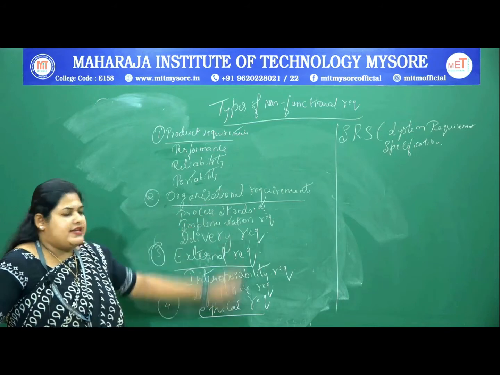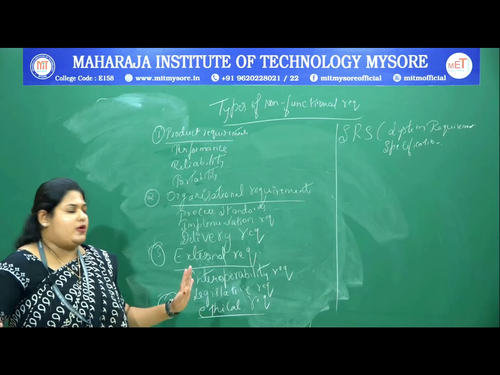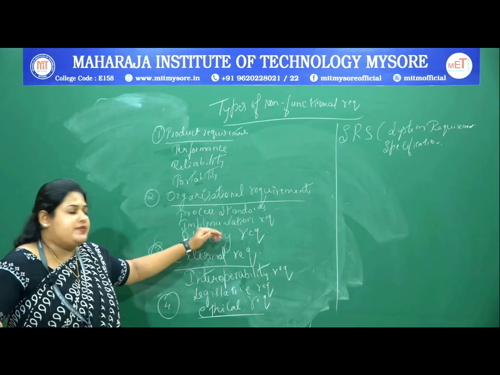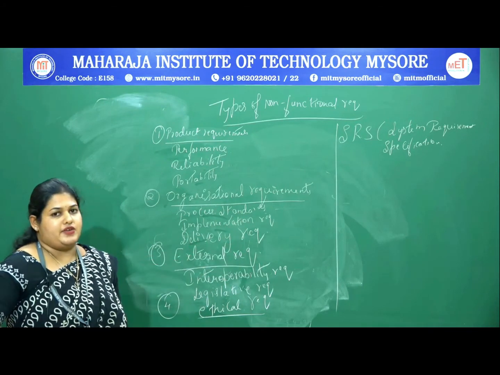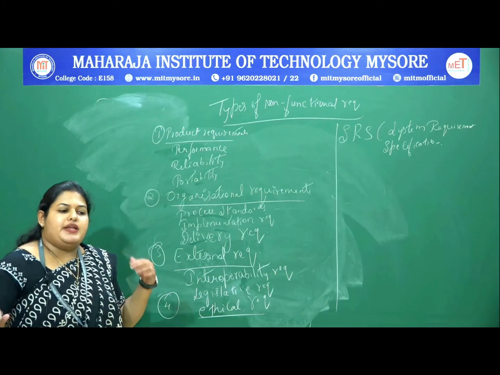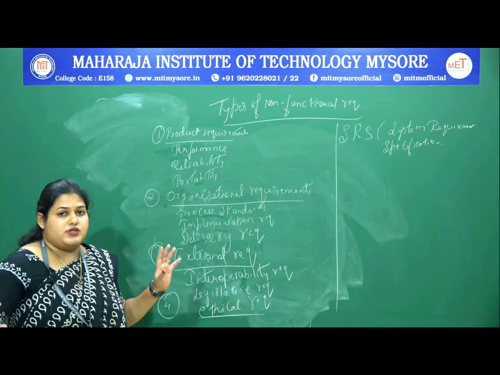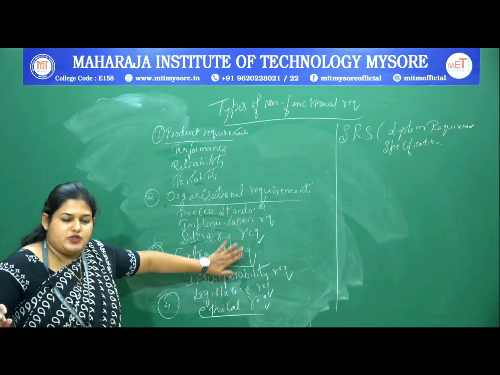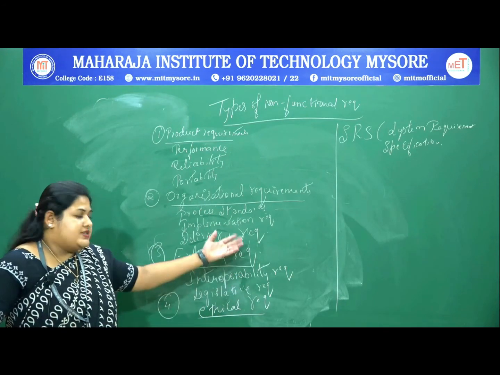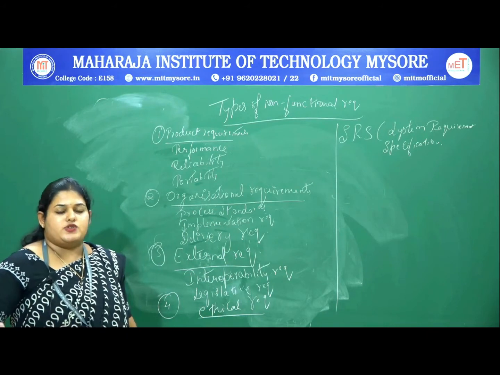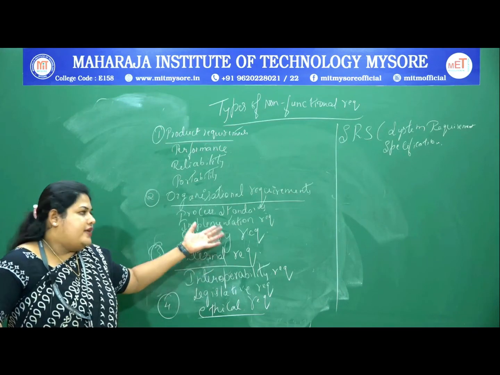Then the second one is the organizational requirement. So what are the types of organizational requirements we are supposed to use? That is the process standards, implementation requirements and the delivery requirements. As an organization, the main goal is to bring up a good process and software product, where the name will be given to the particular organization. Is it not? Likewise, how we purchase products on the basis of the brand. If there is this particular name, we will trust it, and we will find it reliable.